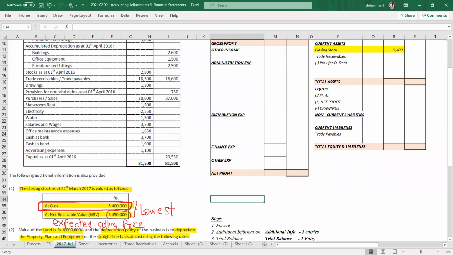That's one doubt. There is another question. Land. Here,